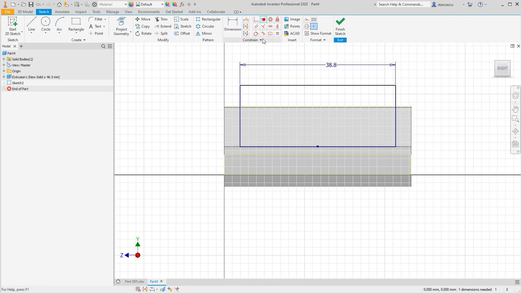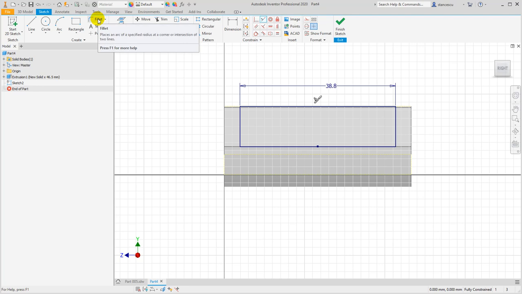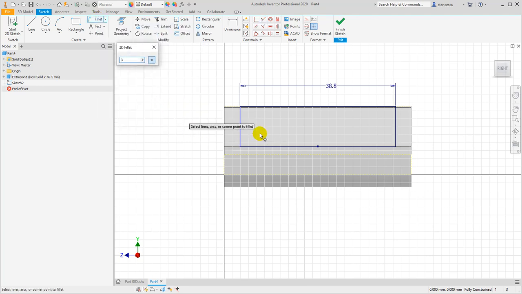Okay, and we align, we make collinear this line with this line. Now we see here fully constrained. Oh, but we have to apply fillet of 3 between these two lines. Oh, wow,